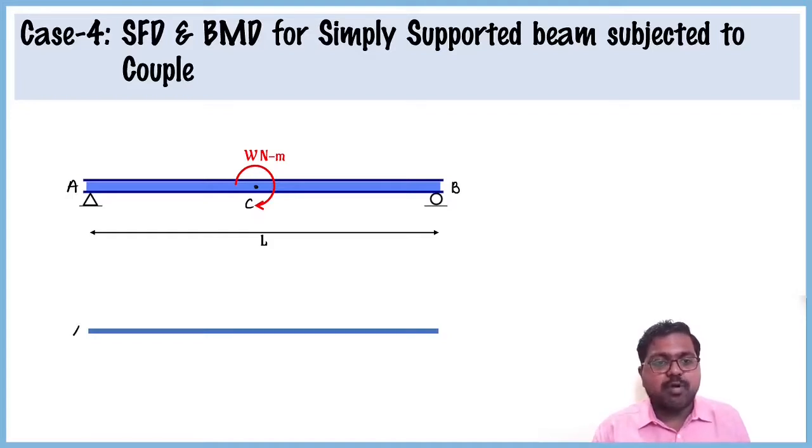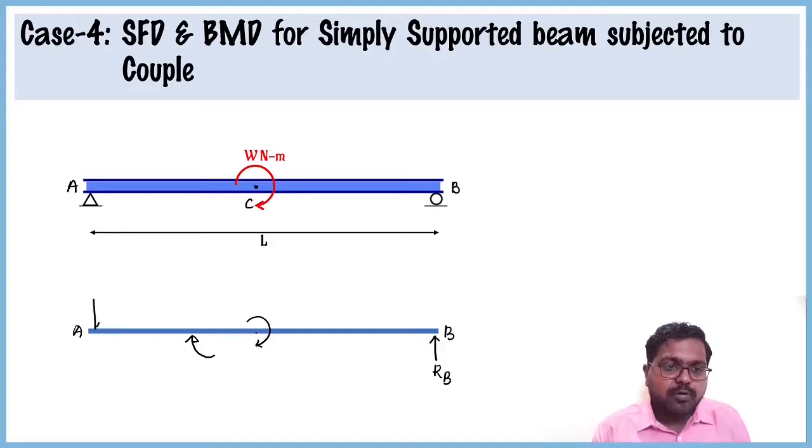Here I am taking the free body diagram of AB. And then I am having this couple force acting here, acting in this direction. So due to this action, since it is acting downwards, an opposite reaction force will act here at RB. And at the same time, since from this side it is acting in upward direction, couple moment, and opposite reaction will happen here at RA, which is in downward direction.